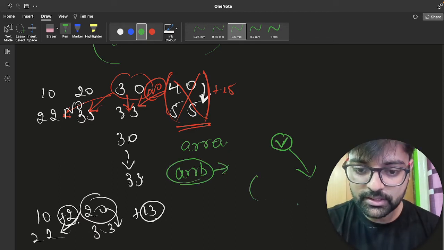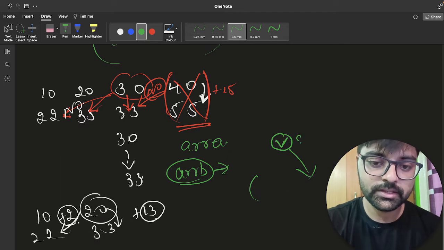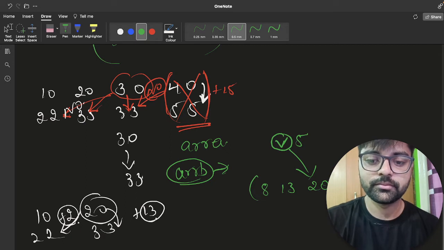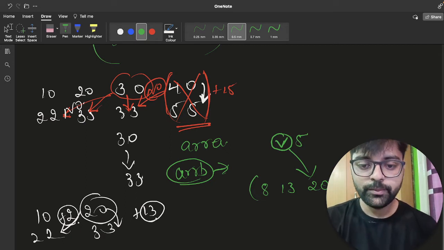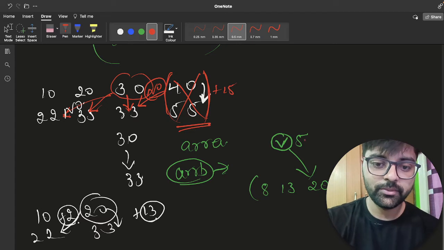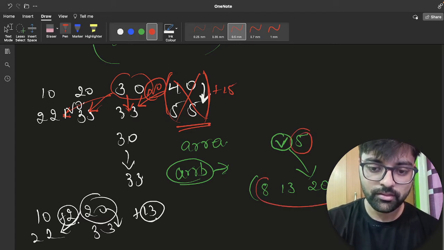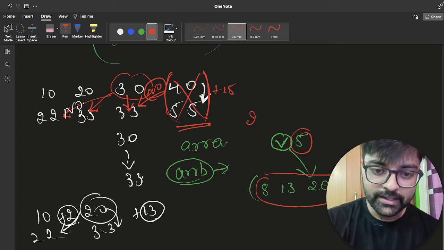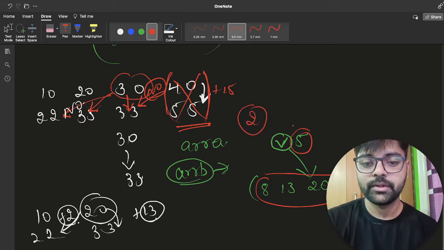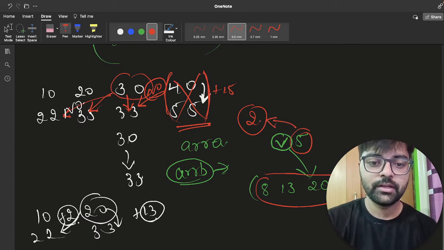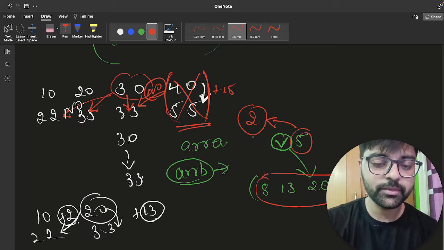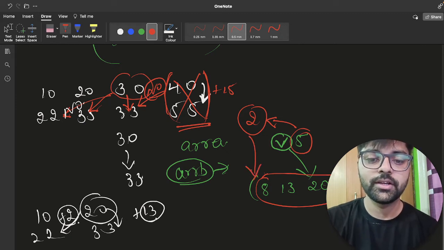Let's say there are values, consider it as 5. There is 8, 13, 20 and 24, right? So can we make 5? If we are considering 5, and we can make it up to this by adding something, then let's say before 5 we have 2 in A. So can we make 2 as this value? Yes, surely, because these elements are greater than 5, then this element must be greater than 2 itself, right? So we can make it.